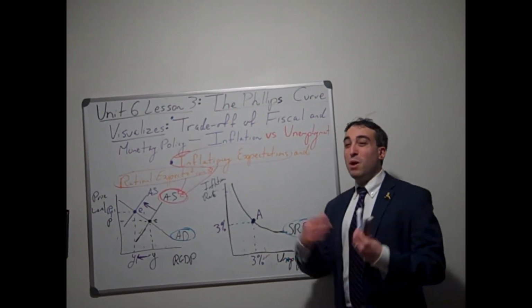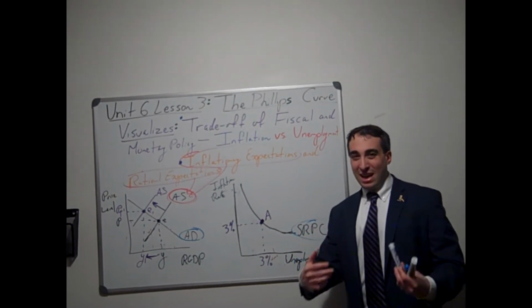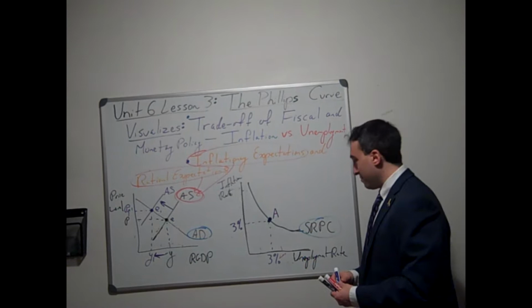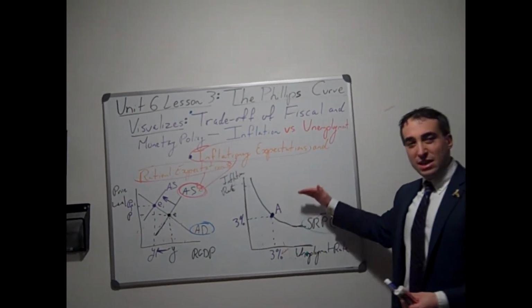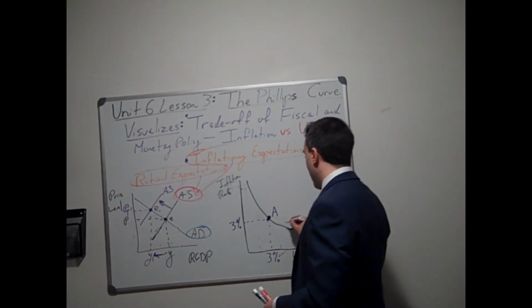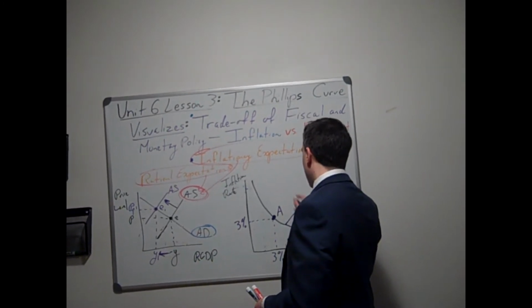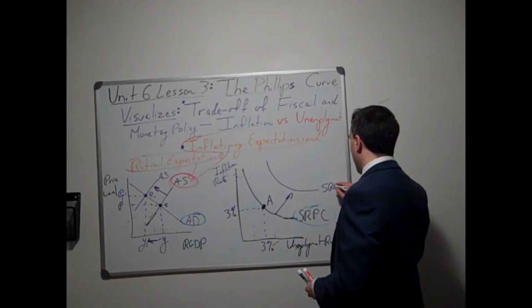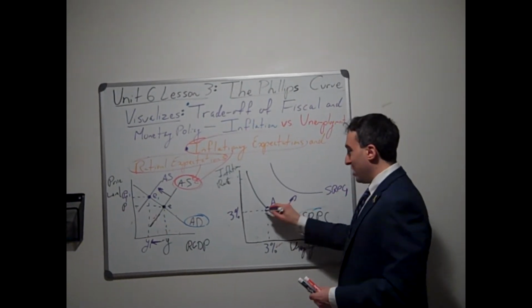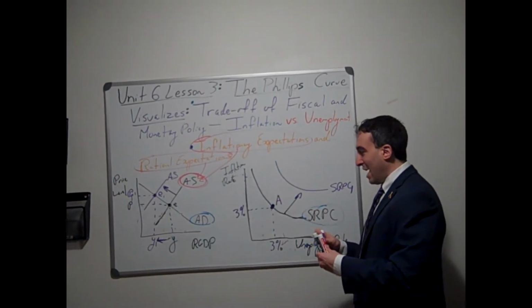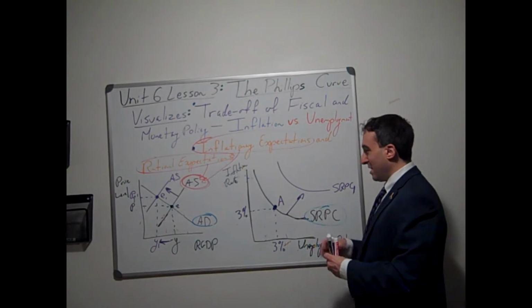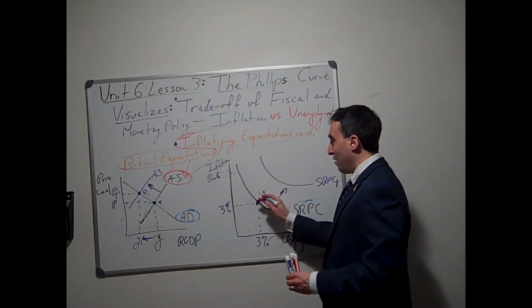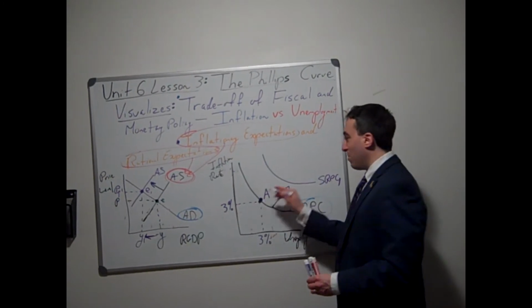How do we show both an increase in inflation and an increase in unemployment? We have to shift SRPC to the right. It's SRPC 1. And this shows that at our same point A, let's say if this is a new curve, when we draw an arrow, this means we have a new curve. So at all original points, let's take this point A,